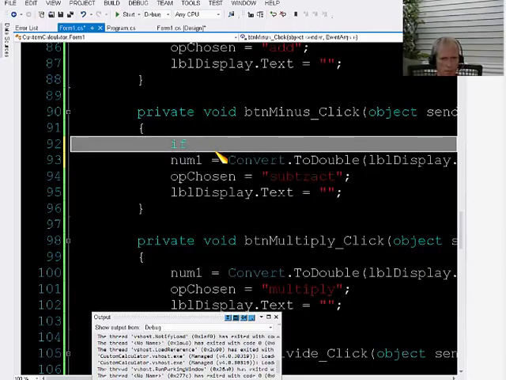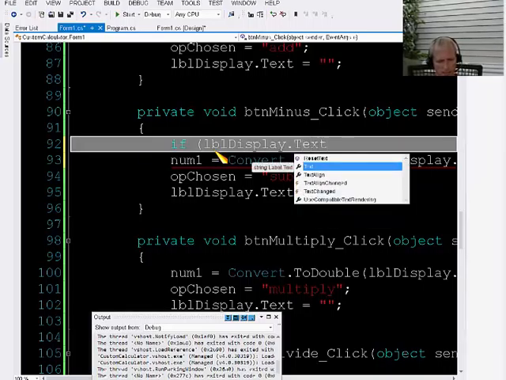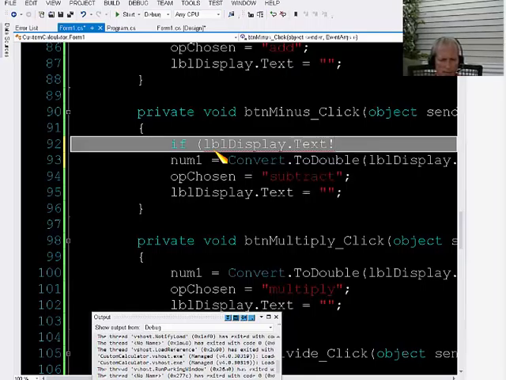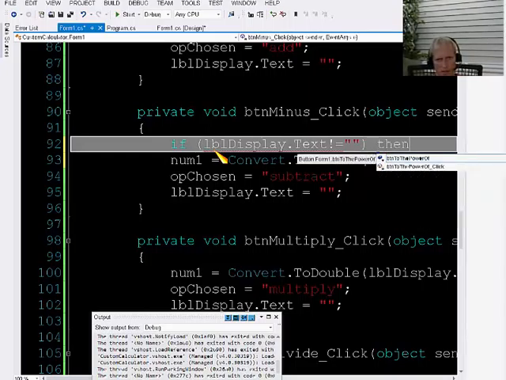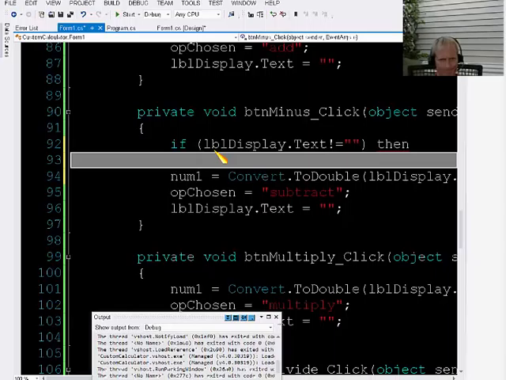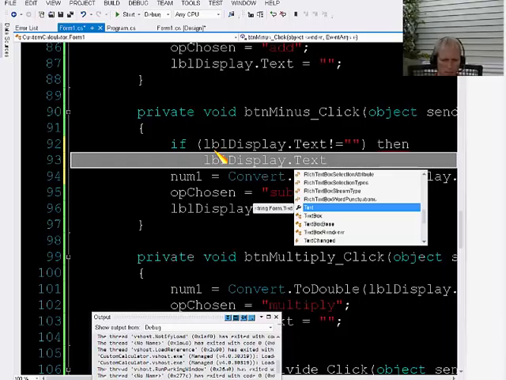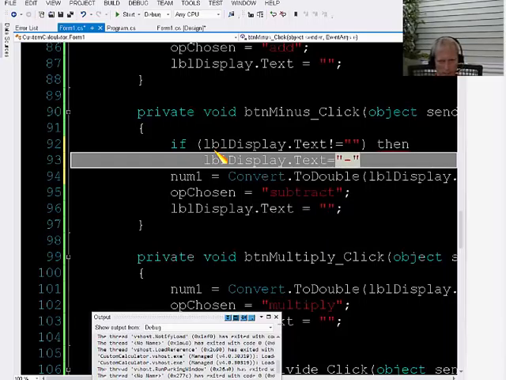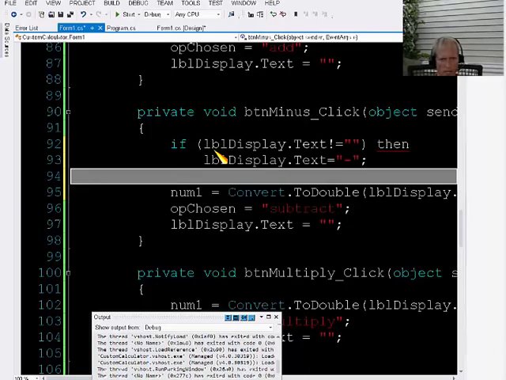But if I go back up to the event handler for the minus button, I'm going to say if label display dot text, not equals, and then I'm going to say then label display dot text equals minus. Okay, and then